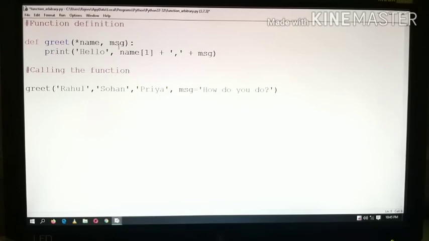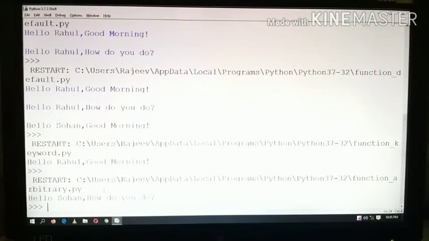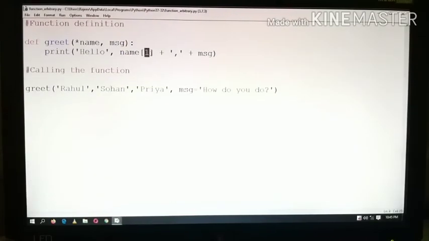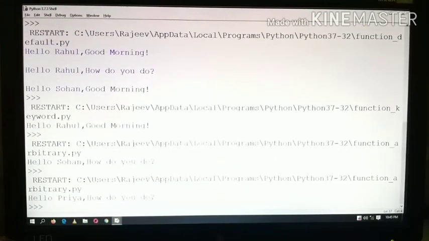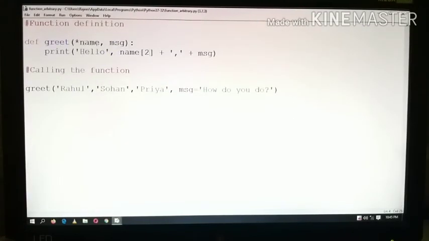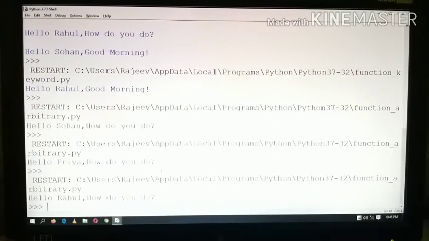In this case, since it is a tuple, the first index, 0, is Rahul, Sohan is at index 1, and Priya is at index 2. You are displaying hello name of 1. Name of 1 is Sohan, so you can see hello Sohan, how do you do. If you change it to 2, you get hello Priya, how do you do. If you change it to 0, you see hello Rahul, how do you do.